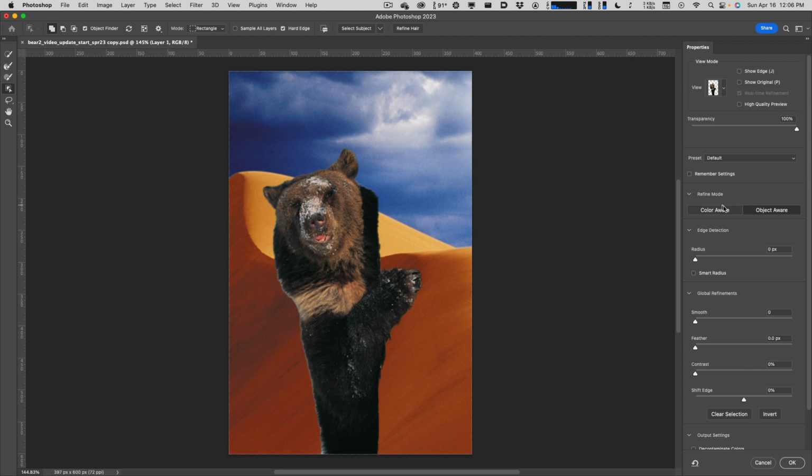One is there's a refine mode, there's color aware and object aware. So I'm going to click on object aware because I think it might work better for this image, but you can definitely try both of those to see what sort of results you get. And then up here on the top, well, first let's add our tree on. So I'm going to go back to